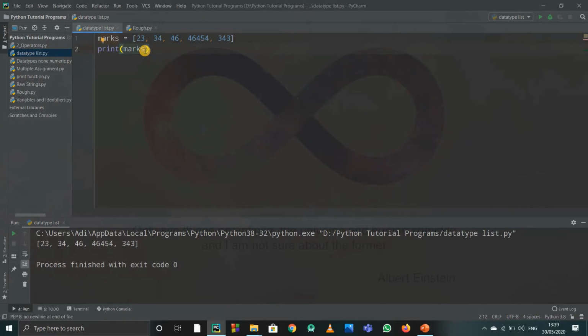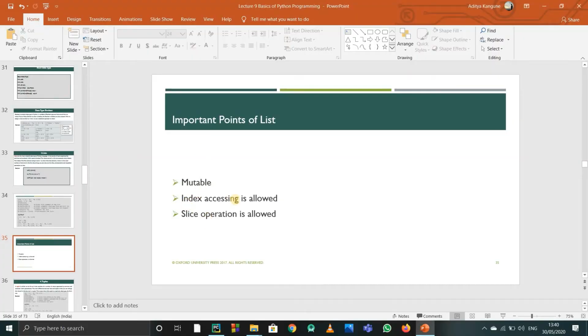So if you need to understand it in a better way, you can just write print marks of, in square brackets, suppose you write marks of 0. That is, it will take 0 index. So index 0, its value is 23. That is, the first element is 23. So it will print out 23. If you write here marks of say 2, then 0, 1 and 2. So simply it should print out 46. That's it. This is index accessing. That is, you can access any particular element via the index. That is 0, 1, 2, 3 and it goes so on. That's all. Afterwards, we saw index.